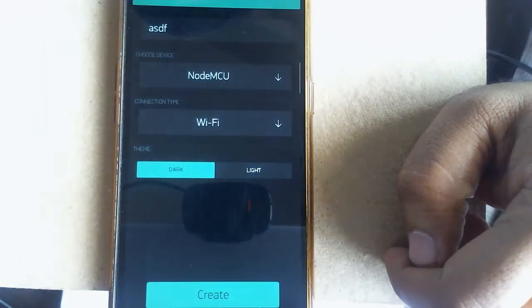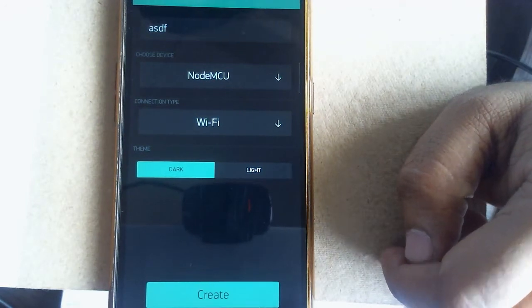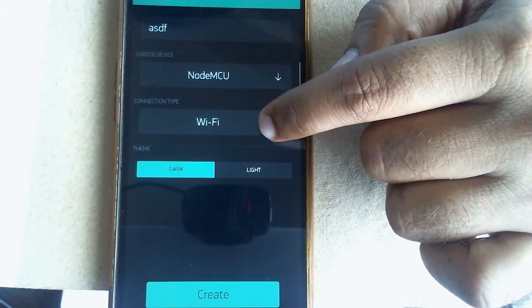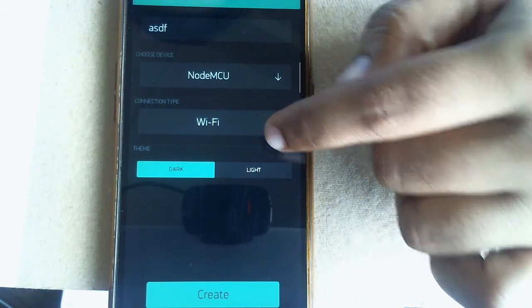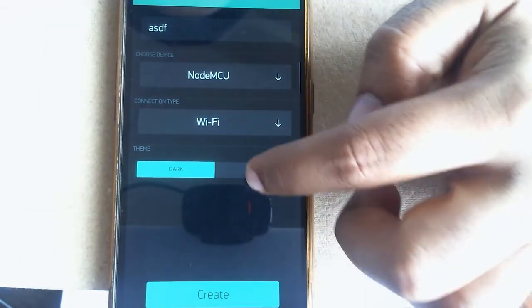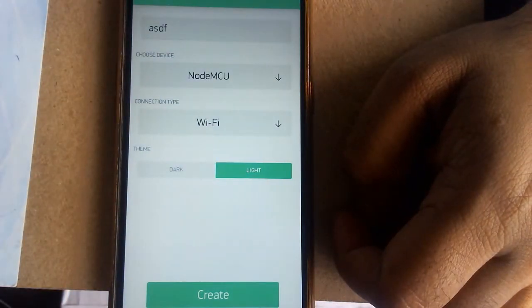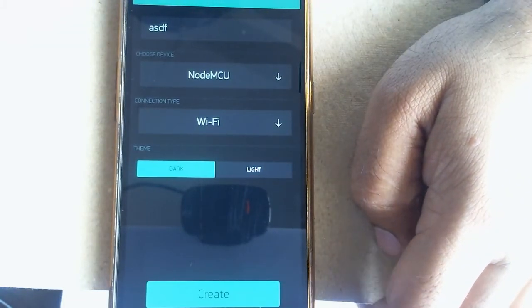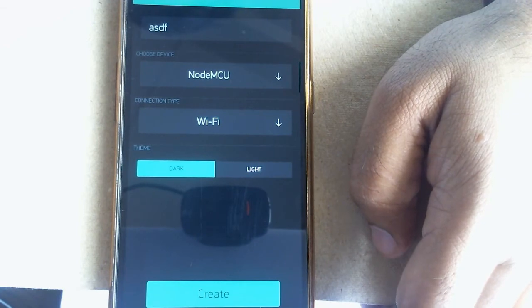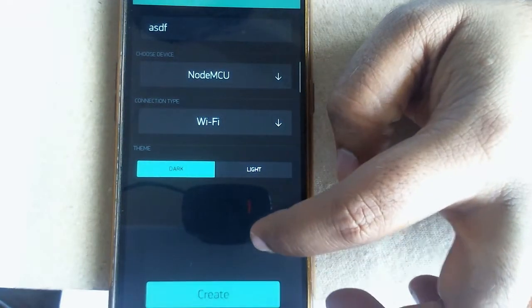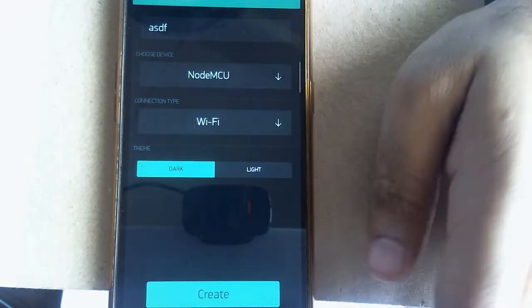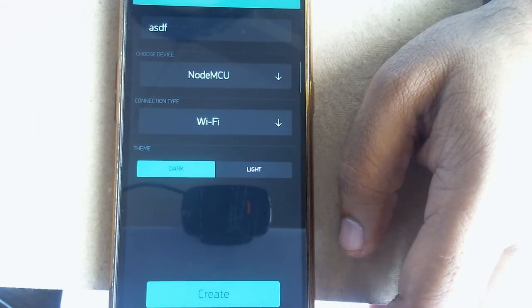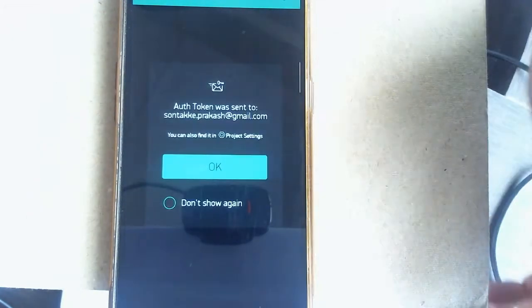Now the kind of connection I am using is Wi-Fi connectivity to upload the data on a cloud. You can use the white as well as black theme, depending on your requirement for how you want the visualization to look. I'll keep the same and click on create.